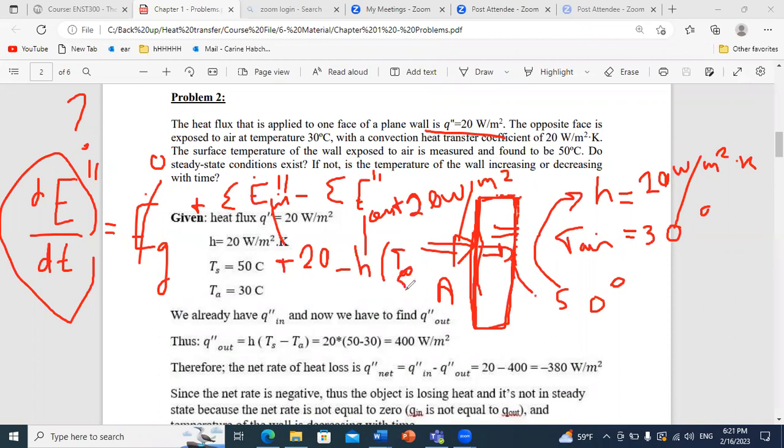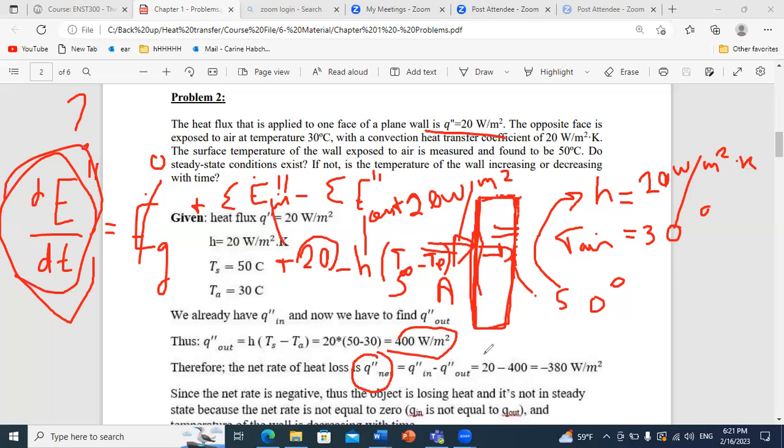T surface minus T of air. Okay, so if we calculate the convection flux, it's 400 watt per meter square. So we are losing much more than we are gaining. So the net flux that is stored, which is a transient term, dE by dt,